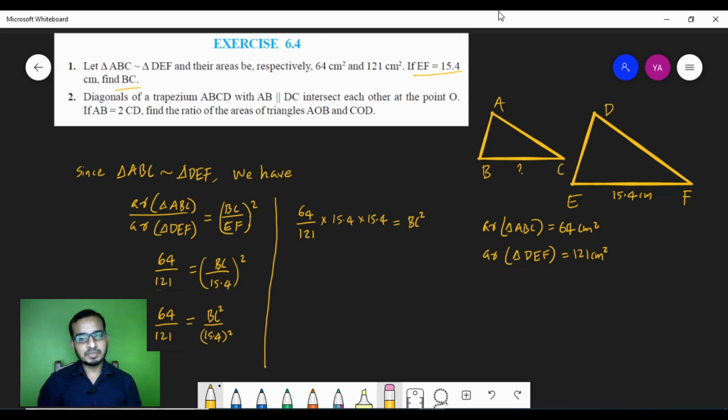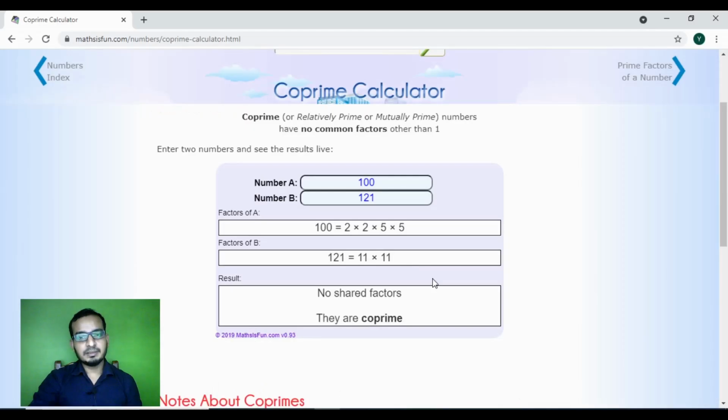I shall show you one website now. That website you can use, not from the exam point of view. This is the website, co-prime calculator. Here you can find the common factors of given numbers. You can type numbers here. To get the common factor of 154 and 121, enter the numbers 154 and 121 here. So you will get one common factor, that is 11. So they are not co-prime. These two numbers can be divided by 11. I showed this website not from the exam point of view, but I hope this will be useful